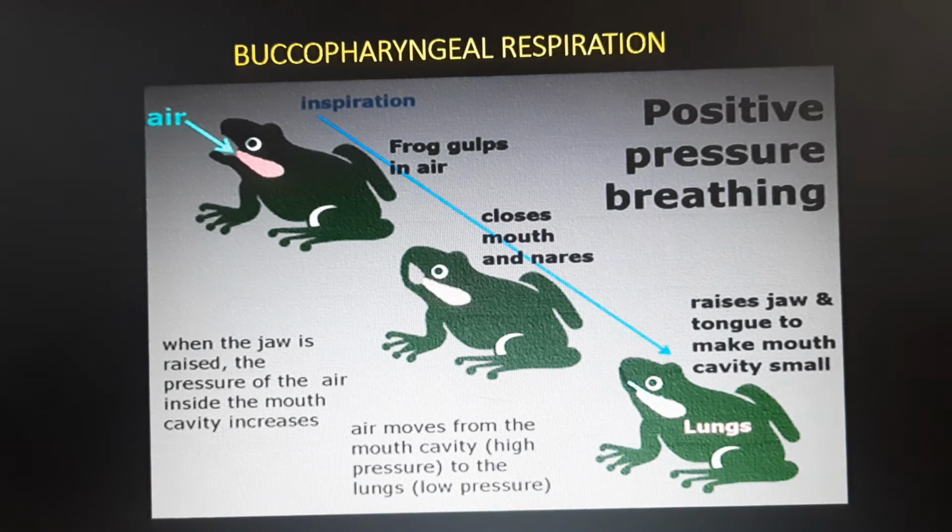Second, it is the buccopharyngeal respiration. In buccopharyngeal respiration, which occurs around 1%, exchange of gases occurs through the lining of the buccopharyngeal cavity. It is kept moist and richly supplied with blood vessels. It is brought about by lowering and raising the floor of the buccal cavity, around 100 times per minute. The mouth and glottis are kept closed during this process. Air enters into the buccal cavity by the external nostrils when the floor is lowered and is then expelled through the nostrils by raising the buccal floor.